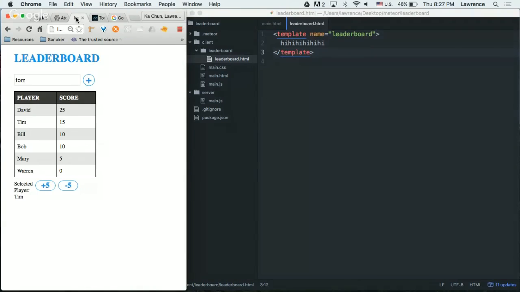Firstly, we're going to separate it into three sections. The first section, from the leaderboard title, the input box, and also a button, we call the top layer, the top container, the top group. In the middle part, we're going to have a table. And in the bottom part, we are going to have some words and two buttons. This is the basic structure, and we should be able to code this in about 10 minutes.